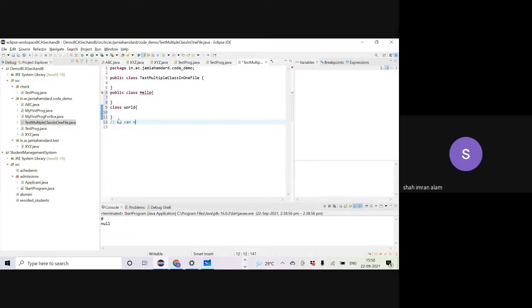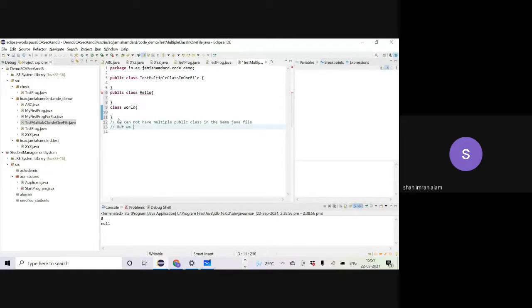We cannot have multiple public classes in the same Java file.